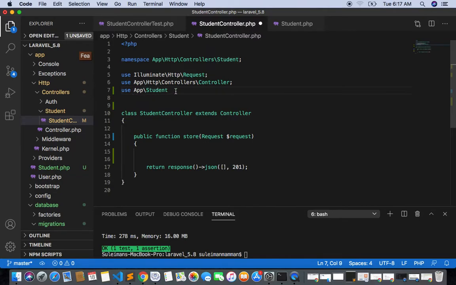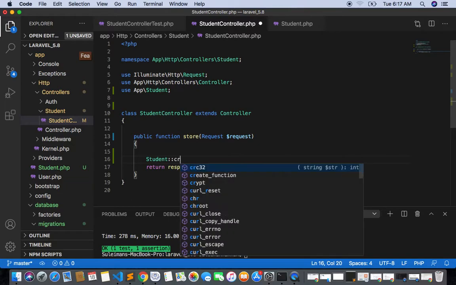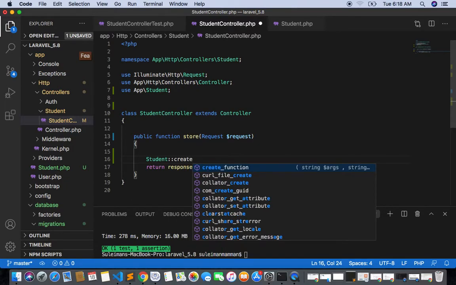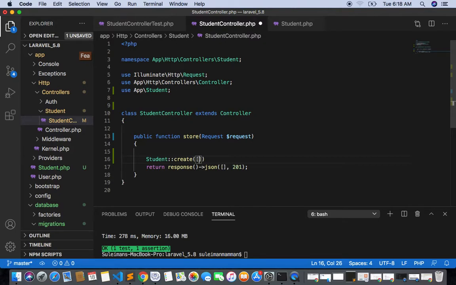App student. So now to create our student, we come here and say Student create. So we're gonna pass in the data. So it's gonna be the first name. The first name